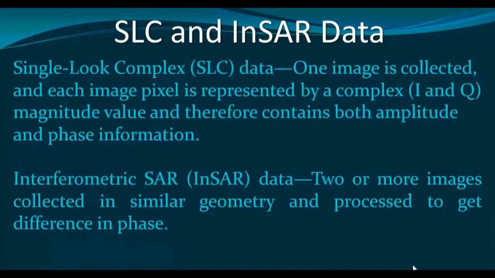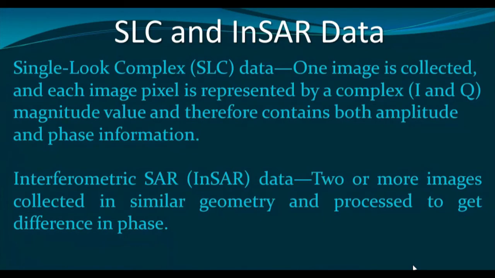It is not like one sensor is looking from the left and the other from the right. In that case, the geometry will be different. So, from the same geometry, two different images are necessary to be captured for the same geographic area, but from two different locations. This is called interferometric SAR, and it is primarily used for obtaining a digital terrain model,